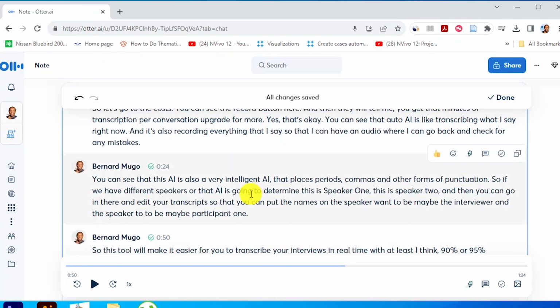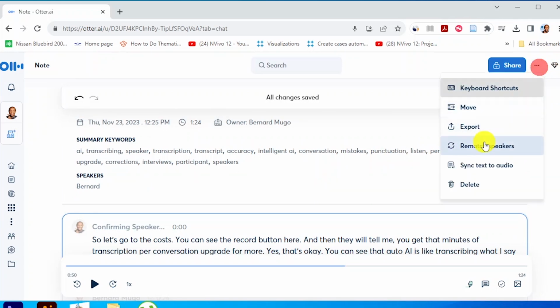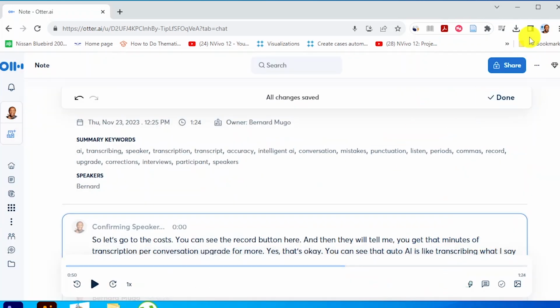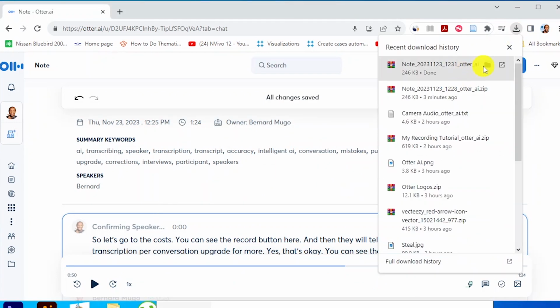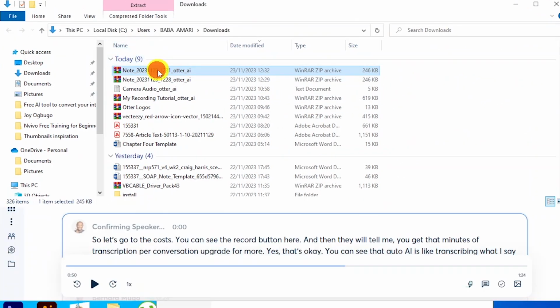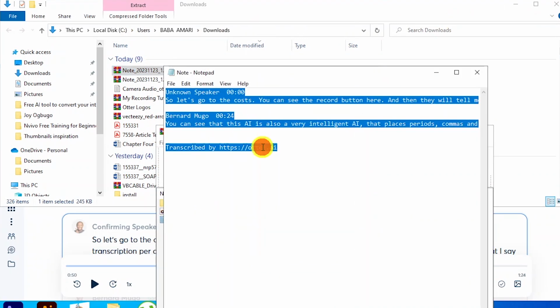And if Otter AI makes a mistake, you can go and listen to your audio and then proofread and edit your interviews. And then finally, as I showed you earlier, you can go and export both the MP3 and a TXT, and then you can have your files like this. So basically that's what Otter AI does. And then you can then copy the